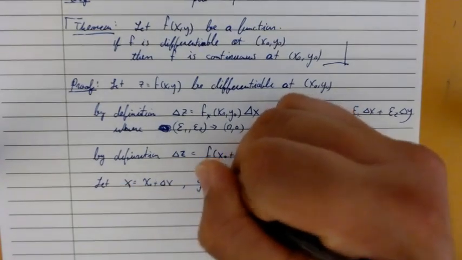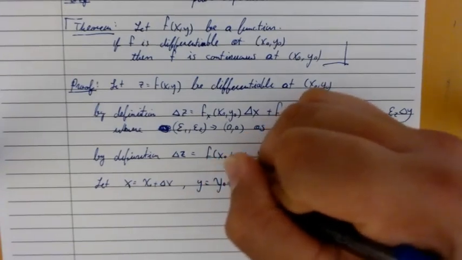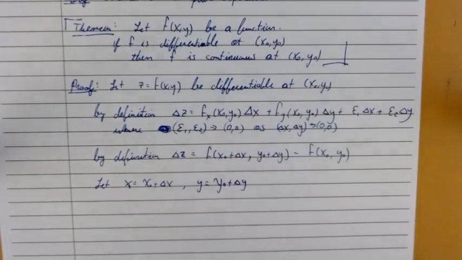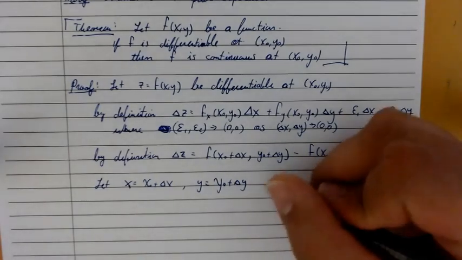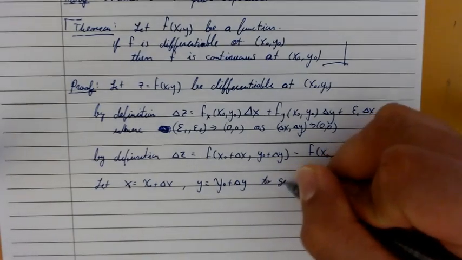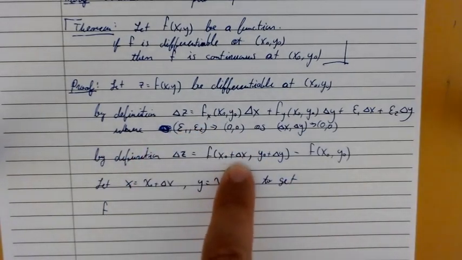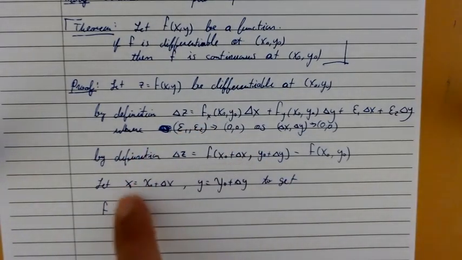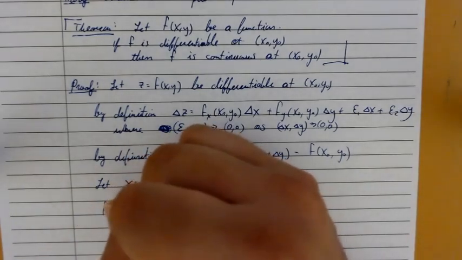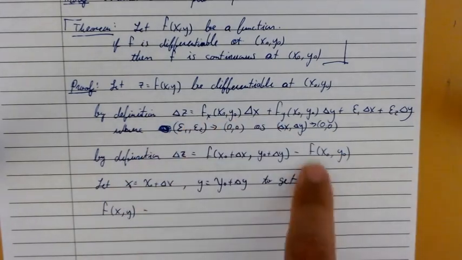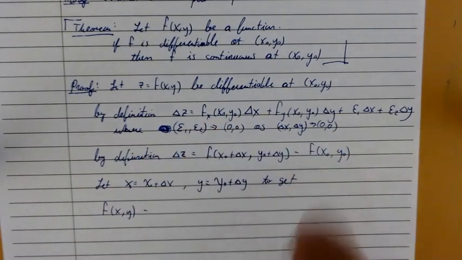And let's let y equal y naught plus delta y. Then we get that f of x naught plus delta x, so that's just x, and that's just y. So that's going to be f of x comma y minus f of x naught, y naught,